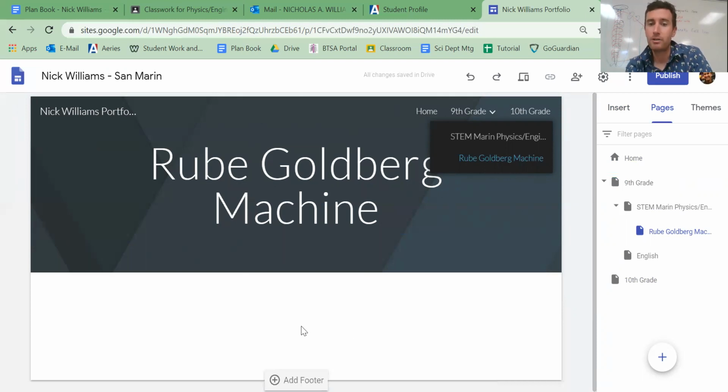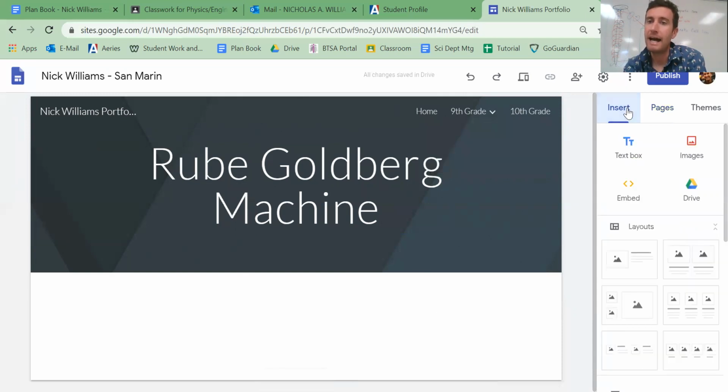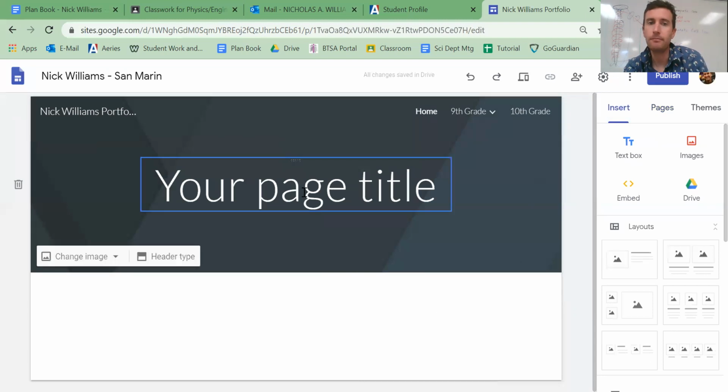And then if I want to add information, don't ever click add footer. Add footer will put the same thing on every single page. So just full disclosure, avoid clicking plus add footer. If I want to add information, let's go back to my home page. So I'm just gonna write,